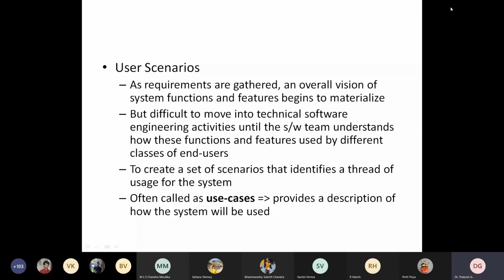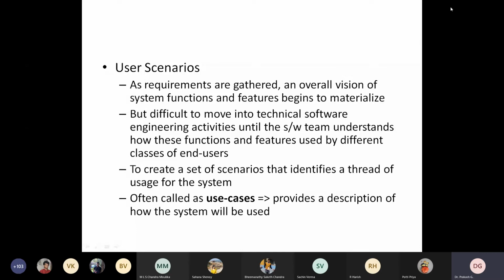Okay, now again for this I will take the same example, student management system. This student management system will be used by students. That is what we are thinking about. But it can be used by the faculties, teachers. They can be used by the administrative people like accountant or clerks, because they are just considering the other areas.